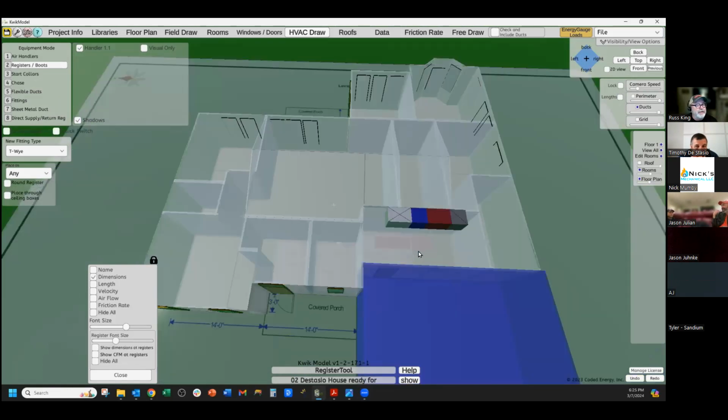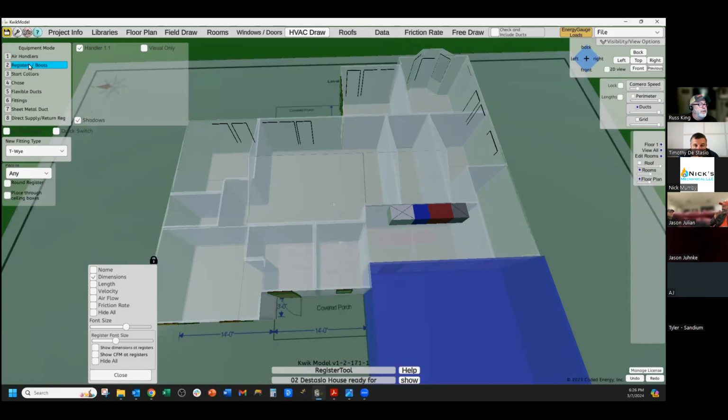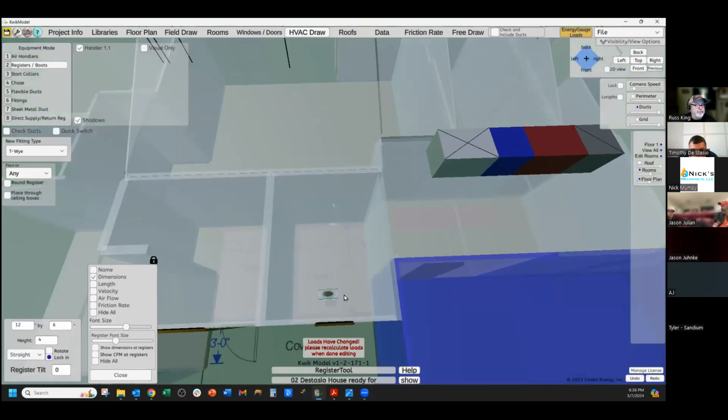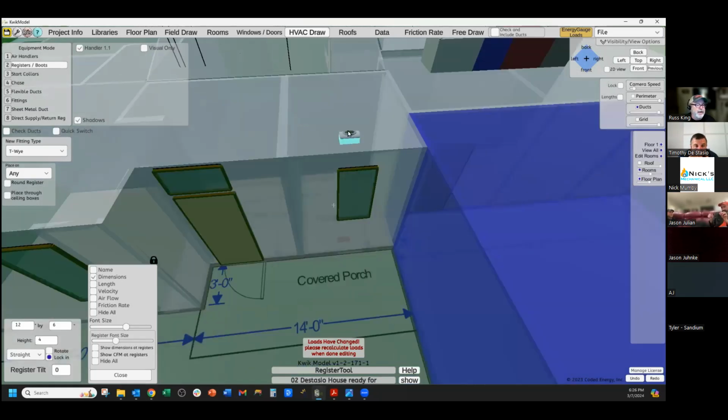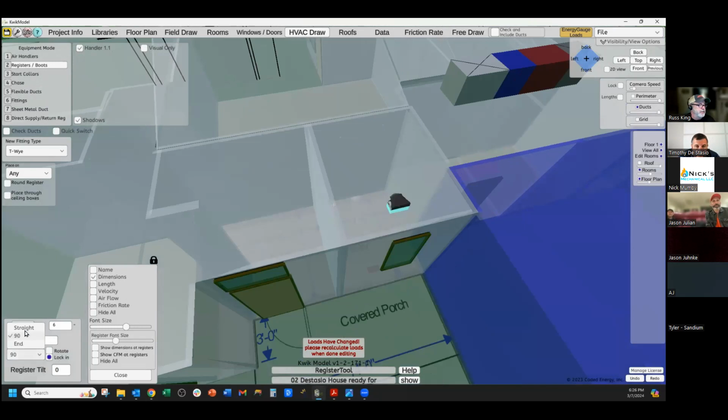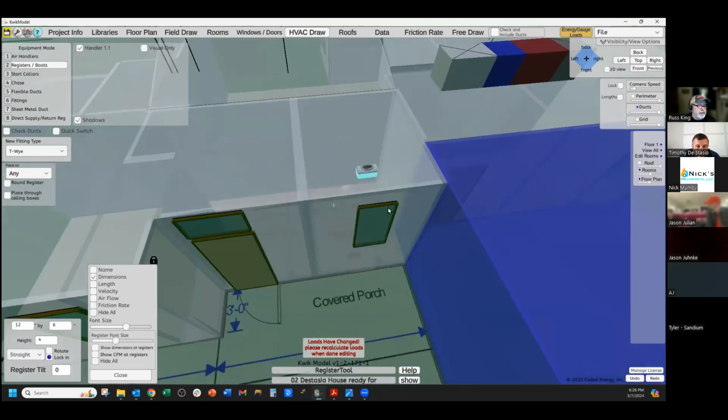But once you place your air handler, the next thing is, where are your registers going to be? So I'm going to click on registers and boots, and you just hold down the Alt key and you click, and it places a boot wherever you want it. And you'll see it casts a little shadow on the floor down there. So it kind of helps you figure out where it is in the room. The tab key will rotate it. You can change the size. You can change the type to be one that comes in from the end, or comes in from the side if you want it to, like that, or just the straight, like so. So let me just plop down a few